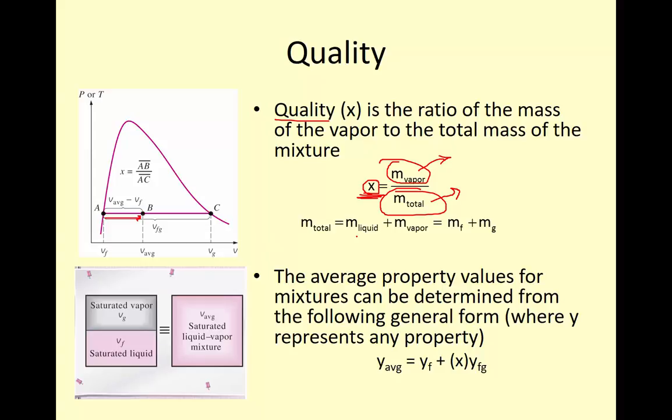And again, we can use the same subscripts, that m sub f is equal to the mass of the liquid and m sub g is equal to the mass of the vapor. So then, knowing this information and having this quality term, we can find these average property values for any of the properties that we want to determine. So specific volume, or enthalpy, or internal energy, or entropy, they can all be substituted into this equation. So we can look up h sub f, for example, from the property table, and h sub fg. And if we know or have calculated the quality, then we can come up with some lump average